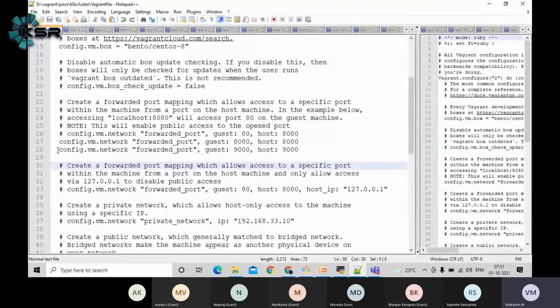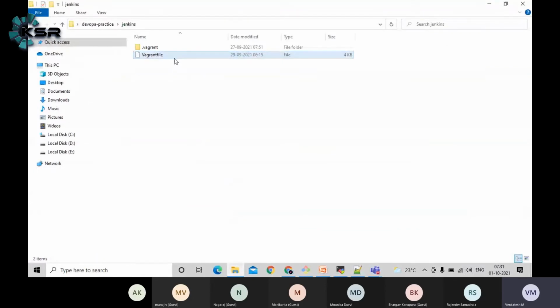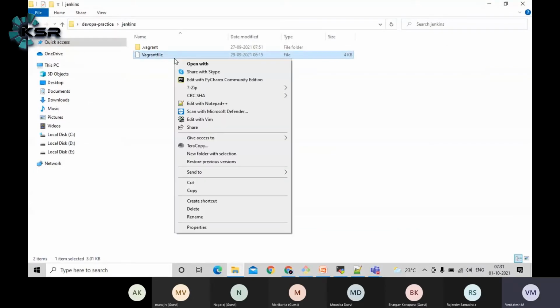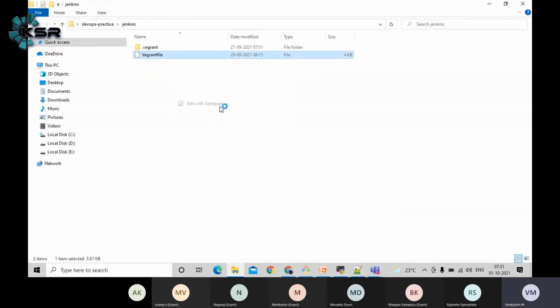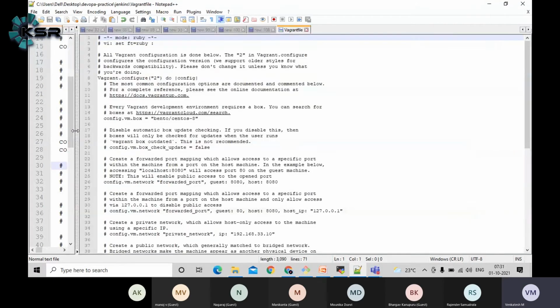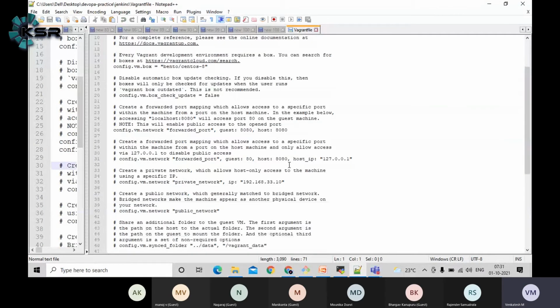Let me. This file is not saved. Sorry, I think I have done the config in the wrong place. Give me 2 minutes, guys. I think this file is open on the right side, and I have made the changes on the left side. Okay, sorry. I just need to alter the configuration and then I will cover that part.